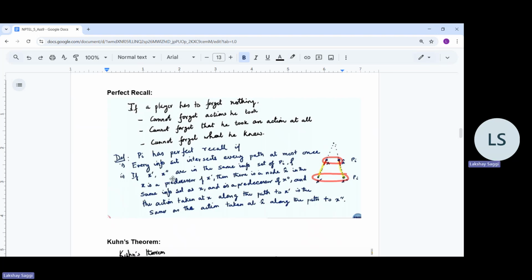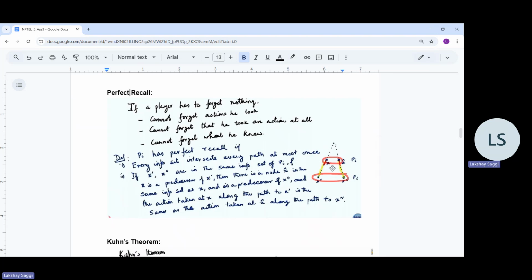Okay. And the second point is that we still have to ensure that a player does not forget the actions he took and does not forget what he knows already. So if x prime and x double prime are in the same information set, then this means that the player cannot distinguish between x prime and x double prime, right? But suppose x is some predecessor of x prime, and similarly x hat is a predecessor of x double prime, right? Then